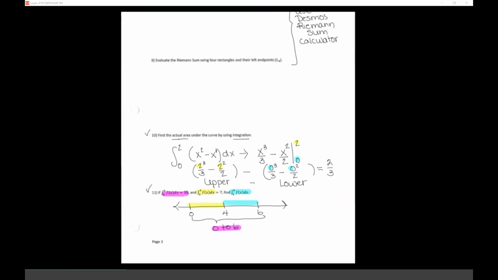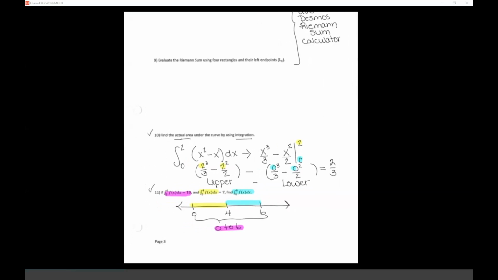Okay, and together, if you look at those, they go from 0 to 6. All right, and that's the same as this integral. So you can kind of add them up. So what I'm saying is there's a property that says